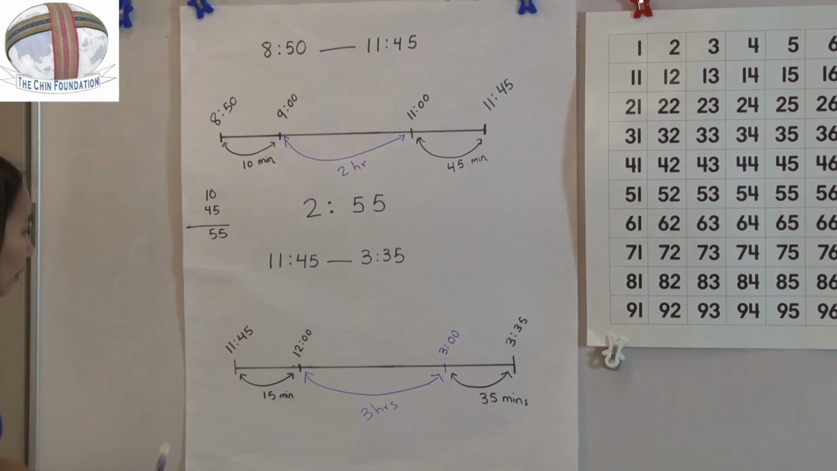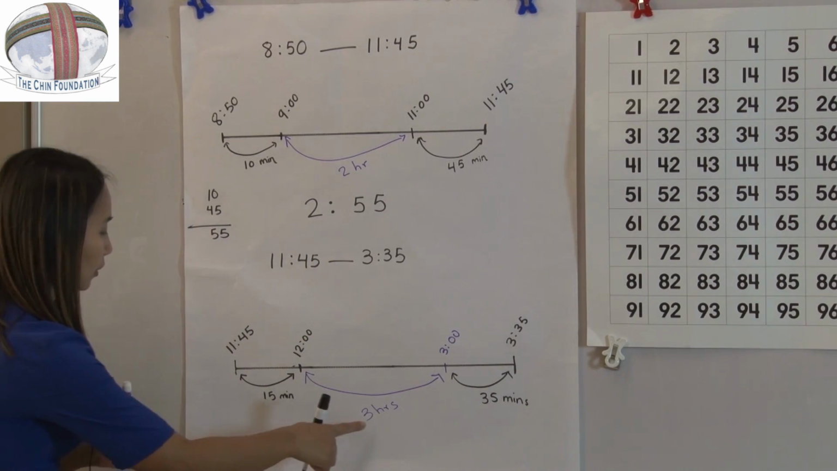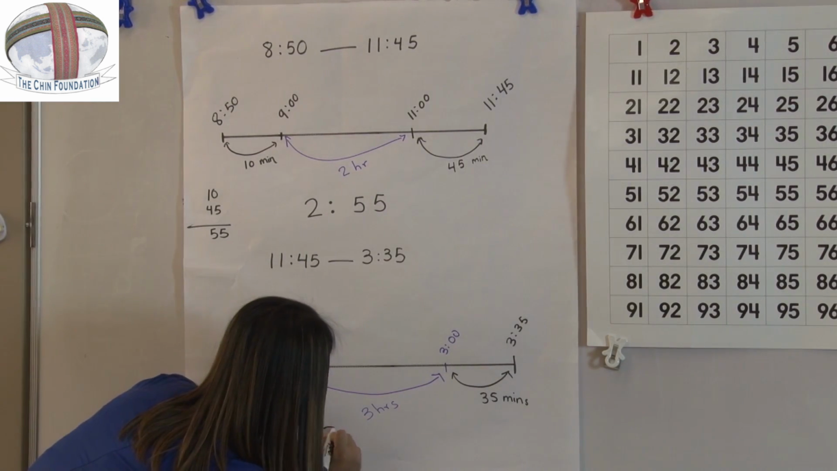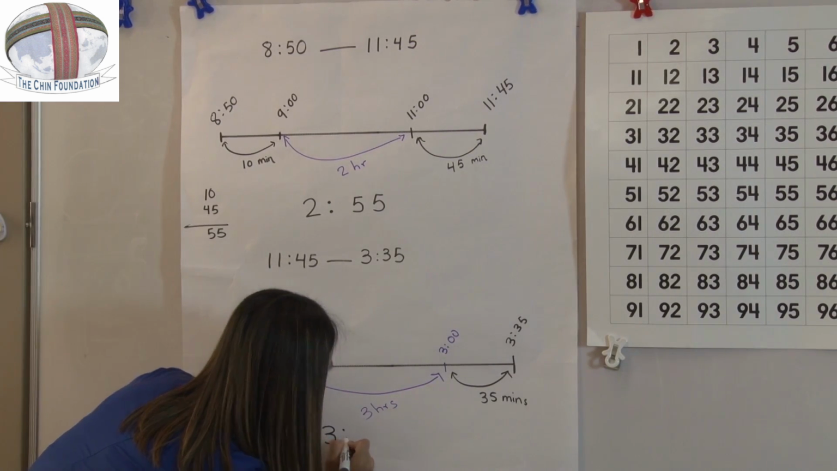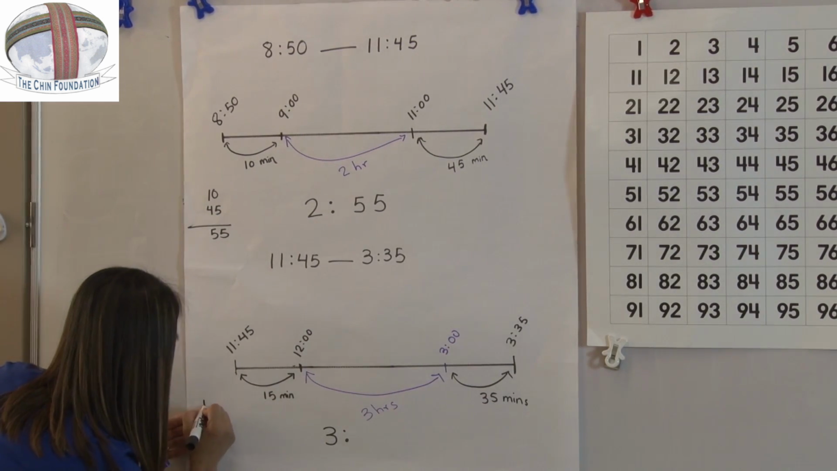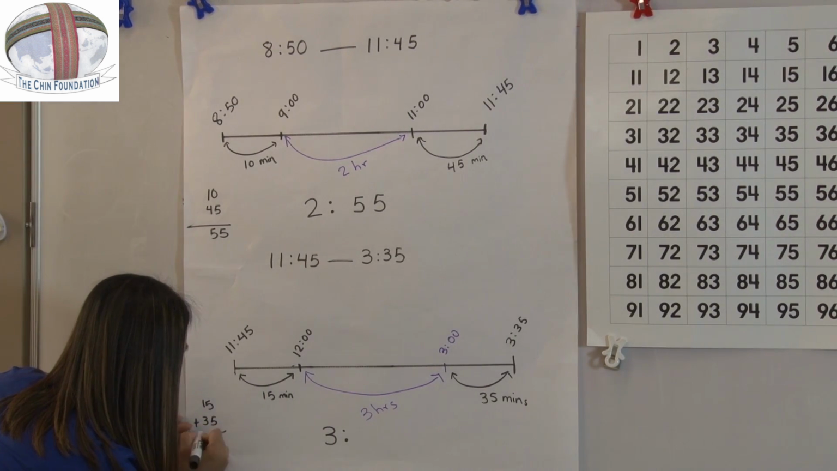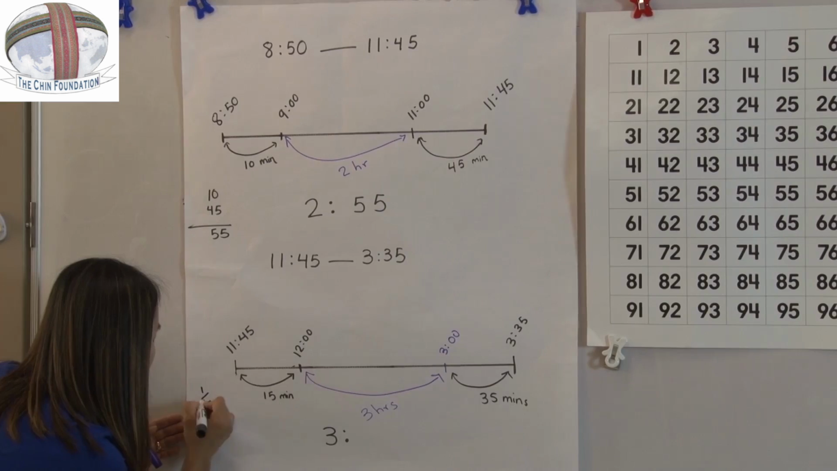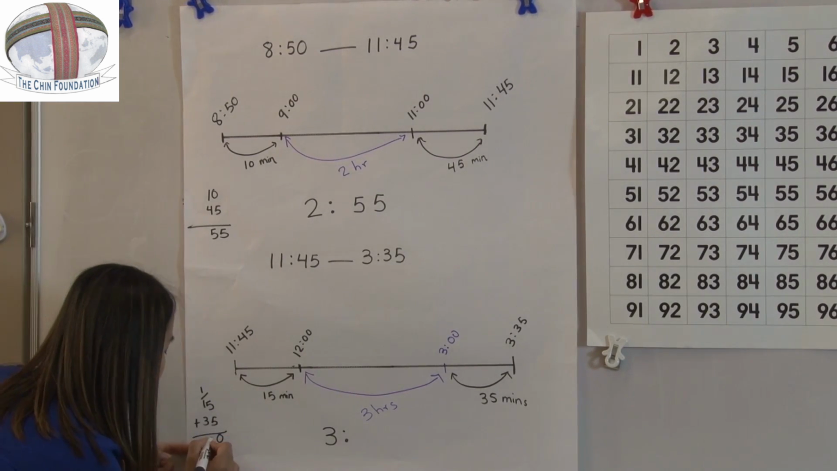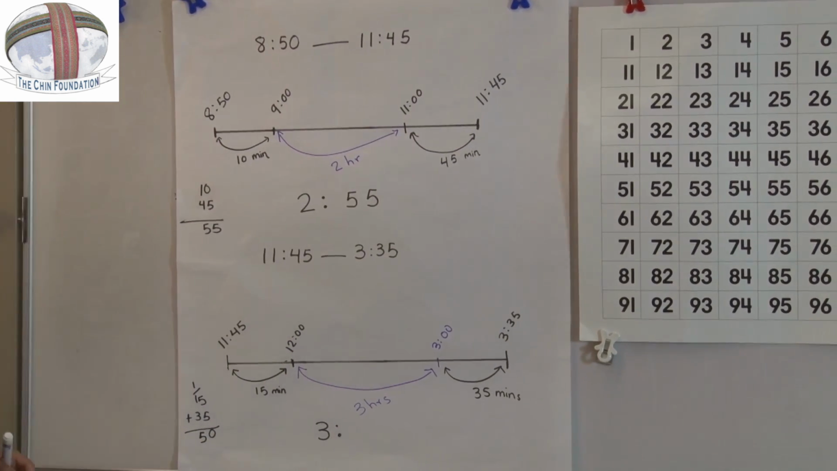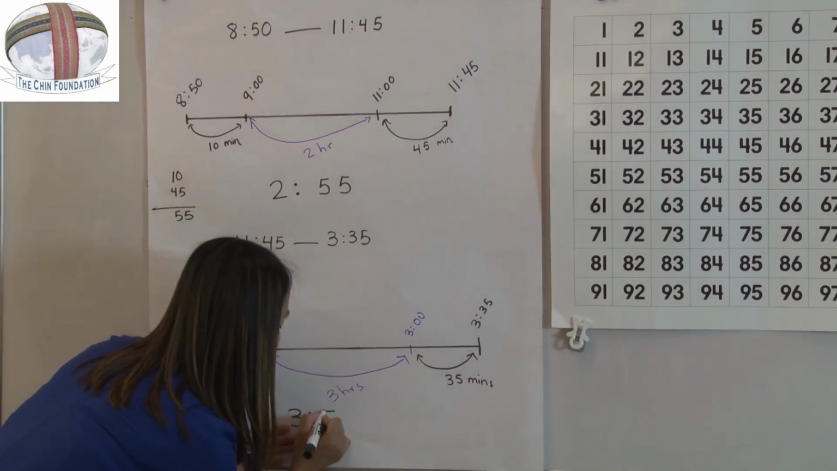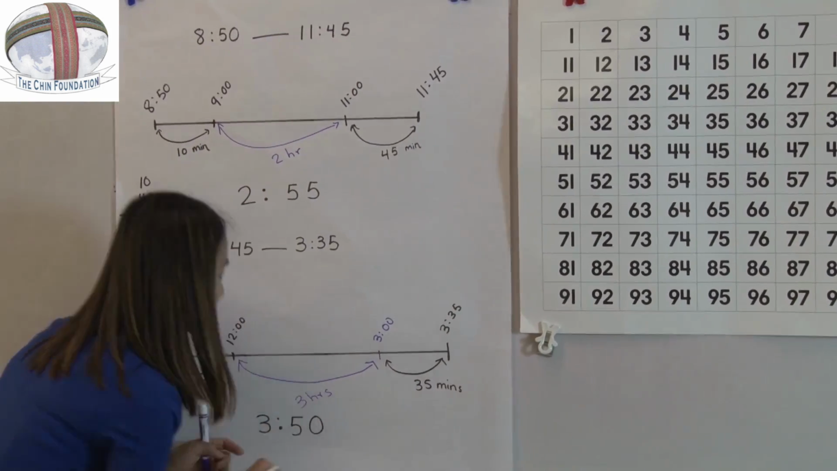Okay, now we need to look at the hours. The hour is 3. Now we need to add the minutes. 15 plus 35. 10, carry up 1, 3, 4, 5. Okay, 50 minutes. So 3 hours and 50 minutes. It takes 3 hours